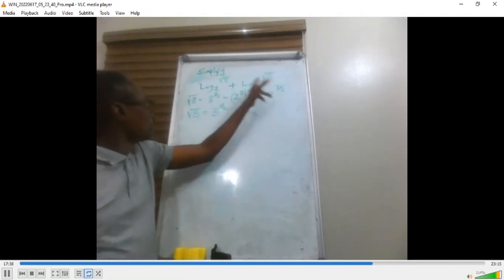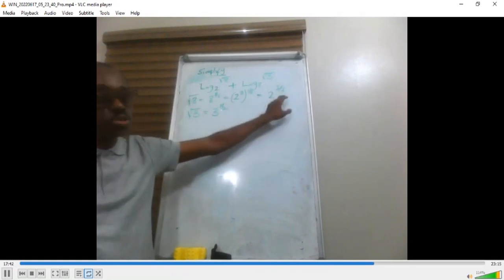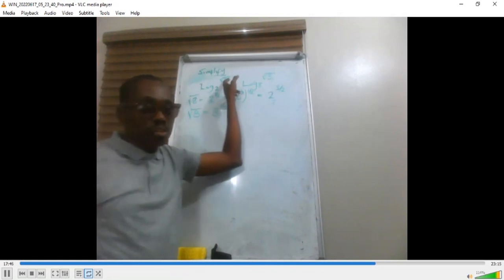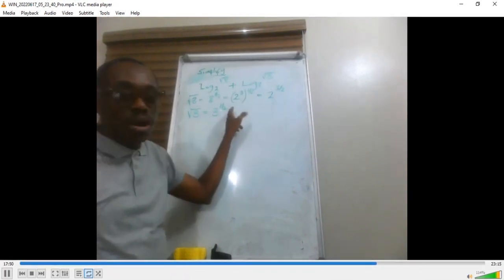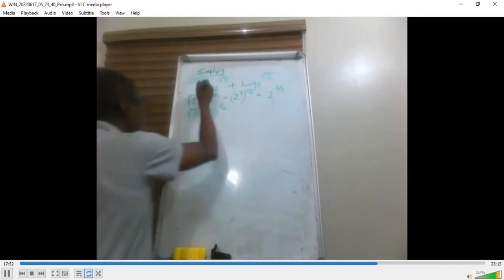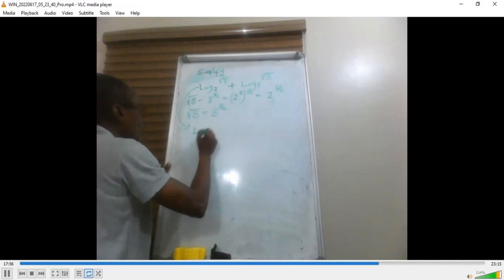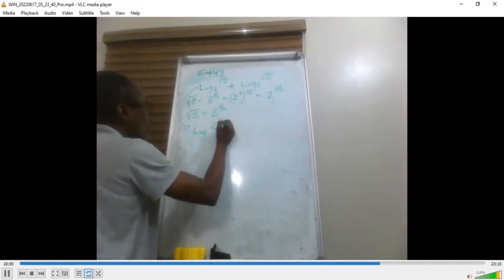So since root 8 is 2 raised to power 3 over 2, we're going to replace root 8 with 2 raised to power 3 over 2, and we're going to replace root 3 with 3 raised to power half. So we have, writing this, the log of 2 raised to power 3 over 2